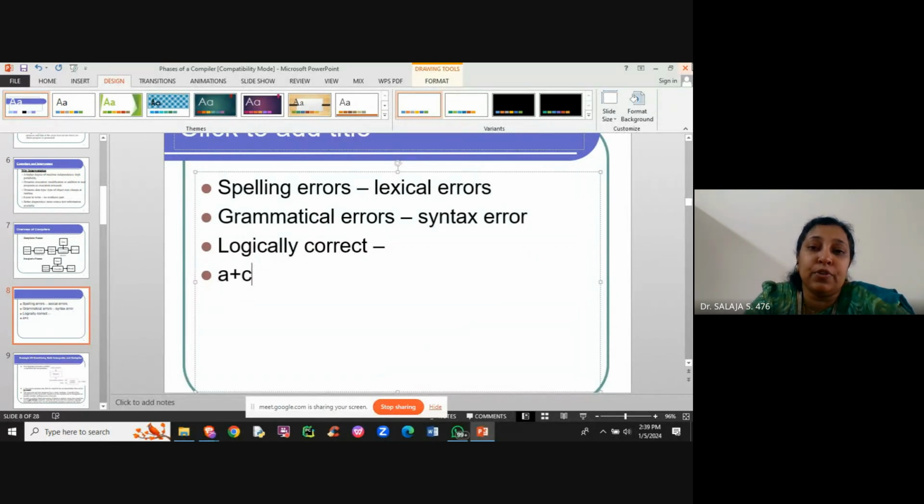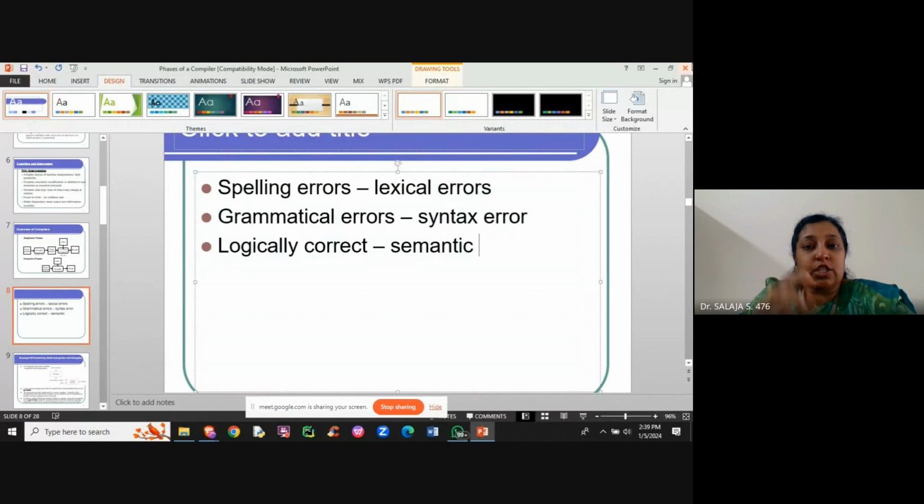For example, if you say if A is less than B, the if statement has to have a logical expression, a relational expression, which evaluates to a Boolean value. Instead of that, if I say if A plus B, and A plus B is not Boolean, then you have an error message which pops out because it is not syntactically correct. It doesn't give you a logical meaning, and therefore you have a logical error. And this logical error, we call it the semantic